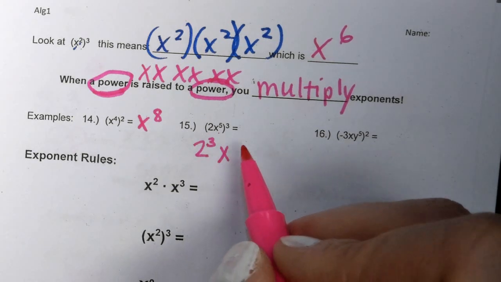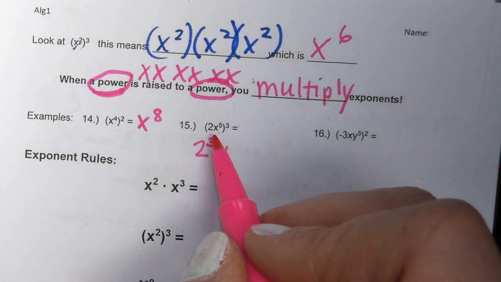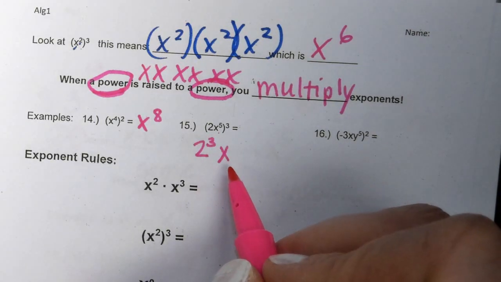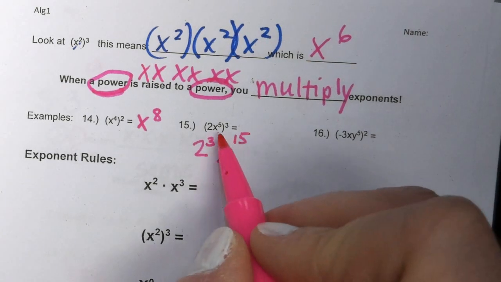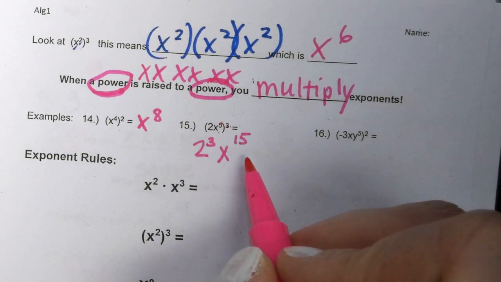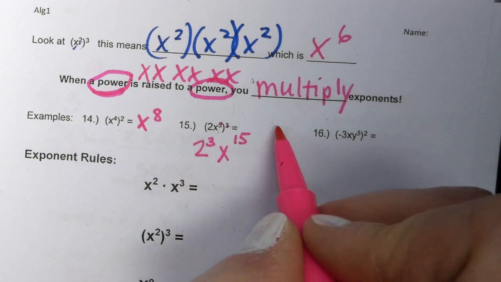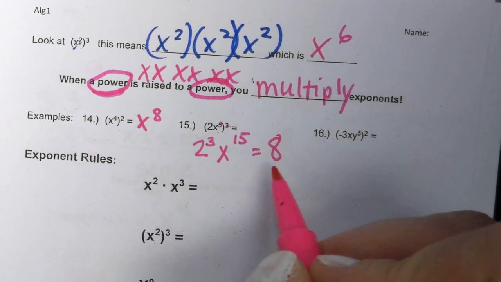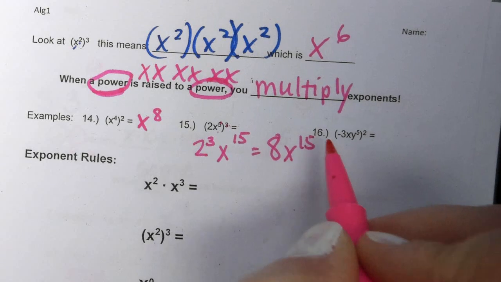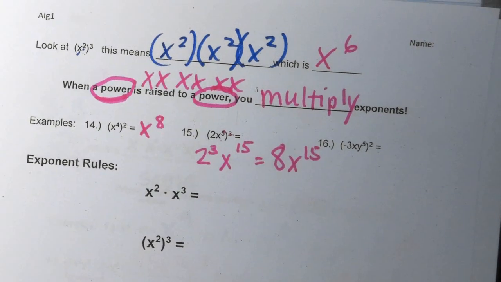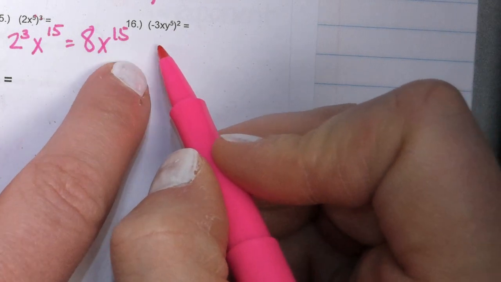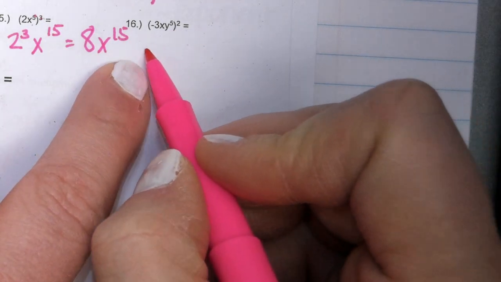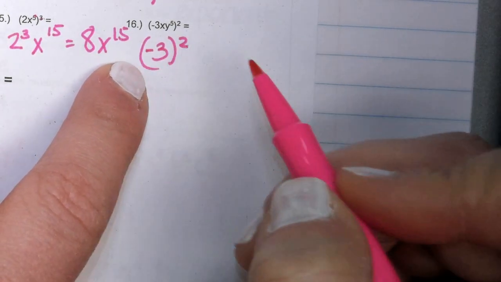If we broke this down, it would be 2 to the third times x to the 15th, because you have a 5 and a 3. What's 2 to the third? 8 x to the 15th. That's your answer. And then here we have negative 3 to the second,